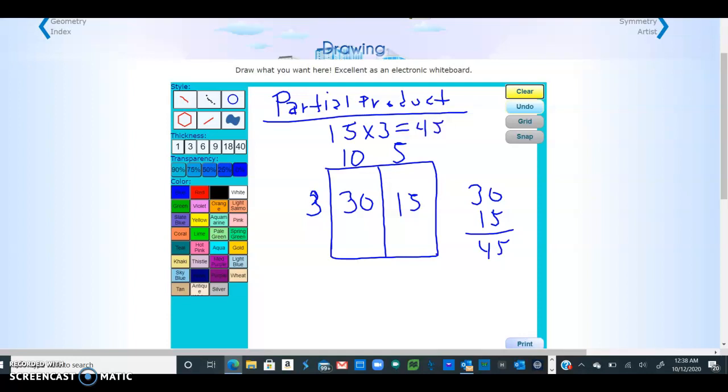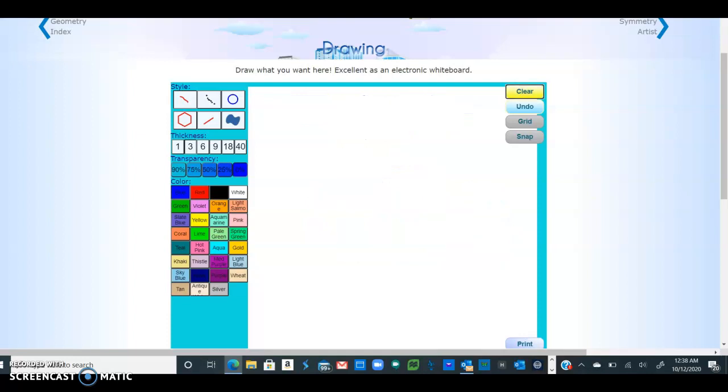And I love these different ways that we can do a problem because it gives our children more than one way to do something. With math, they're not just stuck with one way to do a problem. They've got other options. So there is that partial product. Okay, so let's clear that. All right, our next one